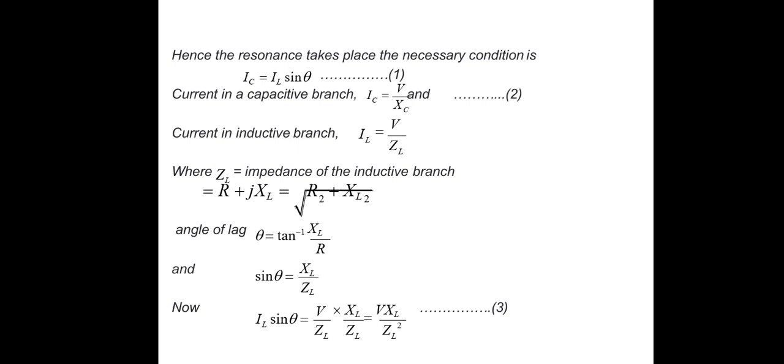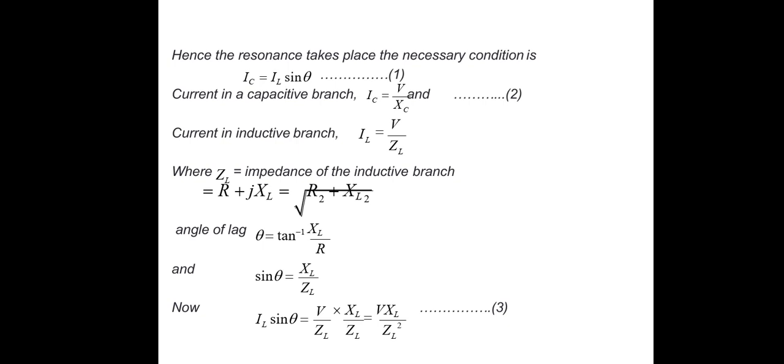Here we generally take ZL as R plus jXL, so ZL is the square root of R squared plus XL squared. The angle of lag, indicated by theta, has tan theta equal to XL by R. Therefore theta is equal to tan inverse of XL by R. Now sin theta is equal to XL by ZL, so IL sin theta is equivalent to